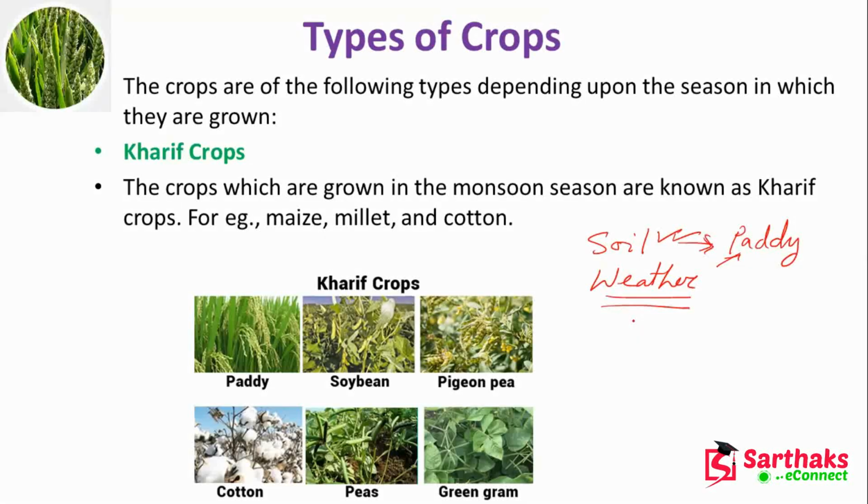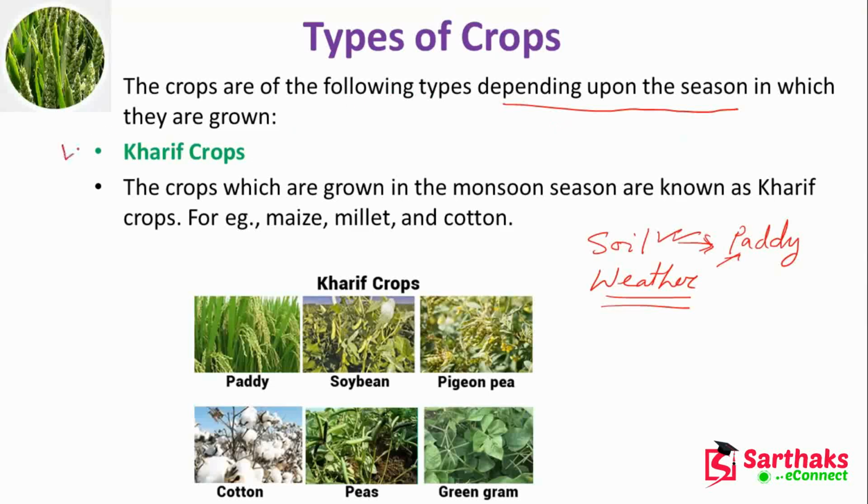That means I have to check, throughout the year we have 12 months and we have different seasons also. So according to the season, we may cultivate different types of crops. We are cultivating crops depending upon the season, right? I will not cultivate a crop which is not favorable for that particular weather. I will cultivate the crop for which the weather is preferable. So according to the season, we may divide the crops.